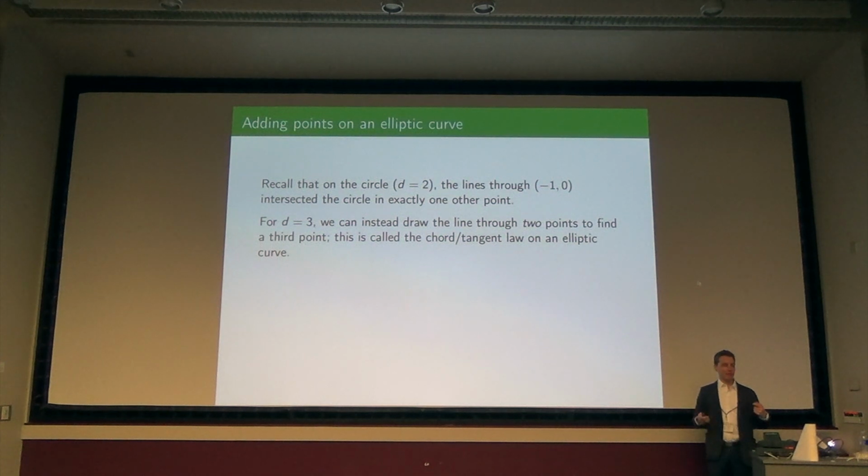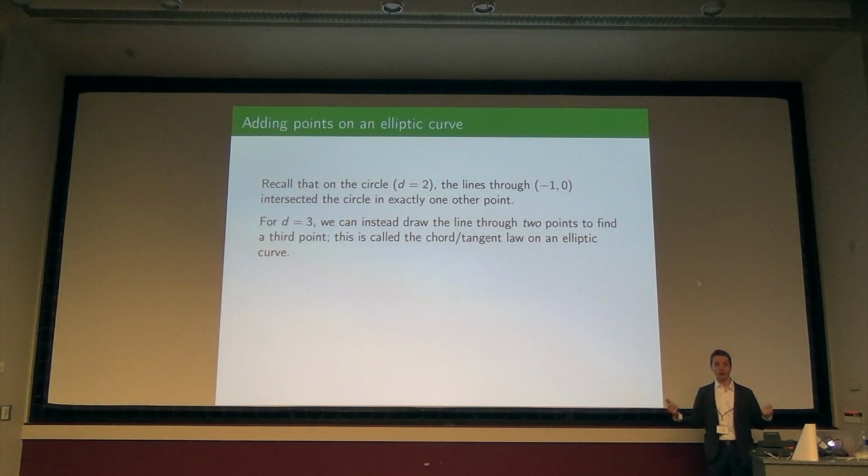In degree 3, instead of taking the lines through a point, what will happen there? It'll intersect in two other points, and I can't really be guaranteed anymore that they're going to be rational. So I can't take lines of any slope through one point, but instead if I take the line through 2 points, it will intersect in a third point. And again, if I have a cubic equation and 2 of the roots are rational, the third one is rational. So it's a different kind of expression for understanding the points. It's a group law. It says if I take 2 things, I can get a third thing. That sounds like I have an operation on my set of points, which is really exciting.